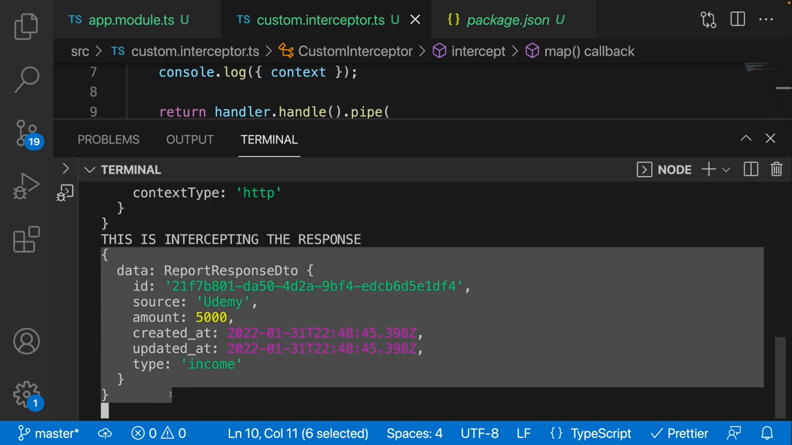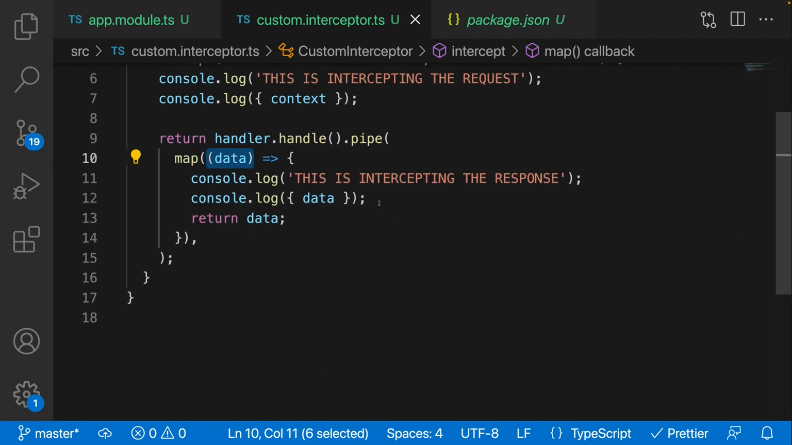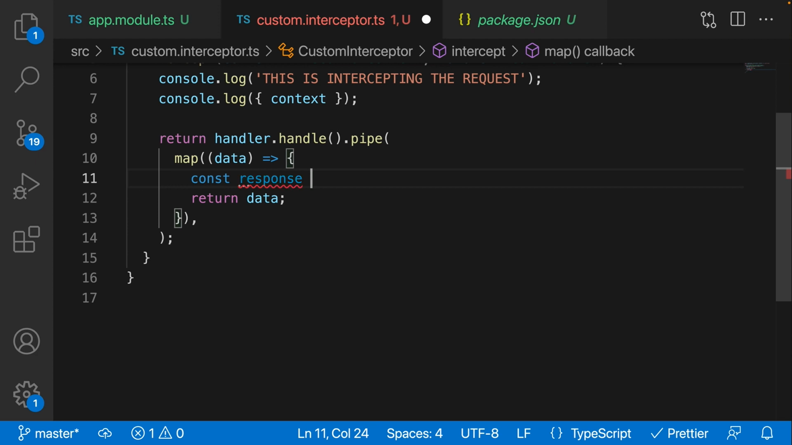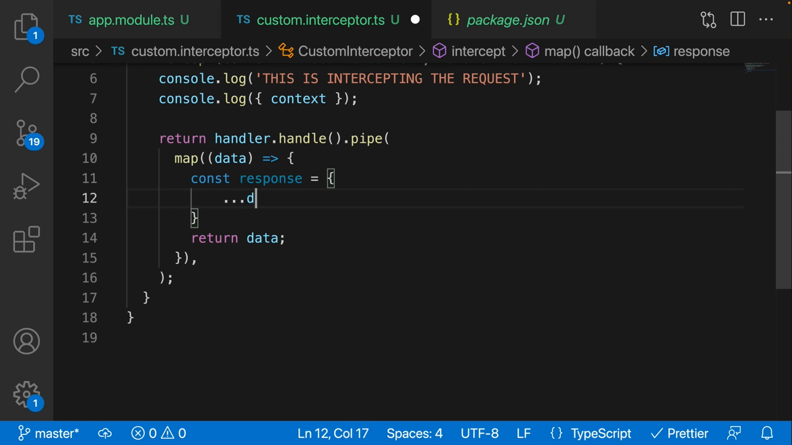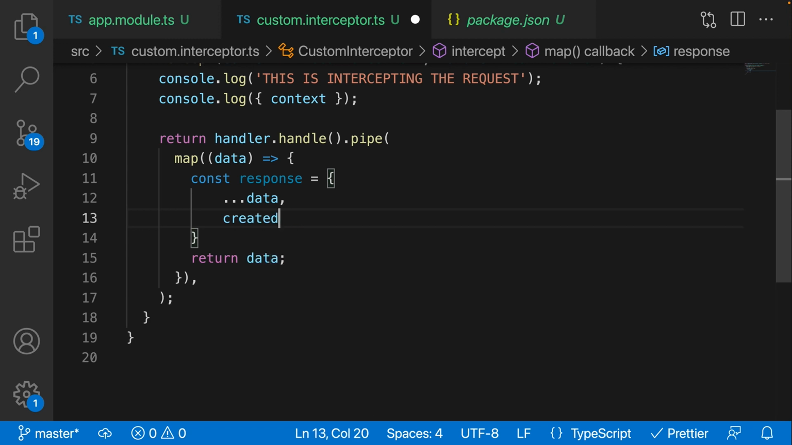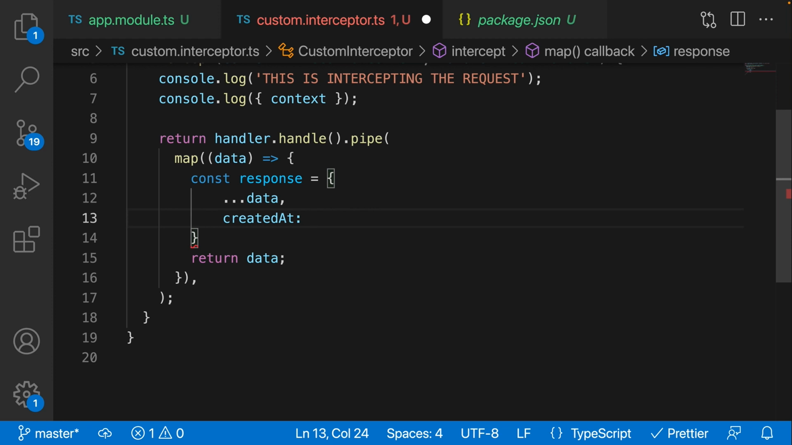You can see over here we're actually getting back the data that we want to send back to the client. So what we can do inside of the pipe itself is manipulate that data. How do you think we can do that? Well, we can say const response, and the response is equal to an object. We can destructure out everything that is already in the data. Another thing we can do is camel case the created at. That's eventually what we want. So we can add this new property, and say that this is equal to